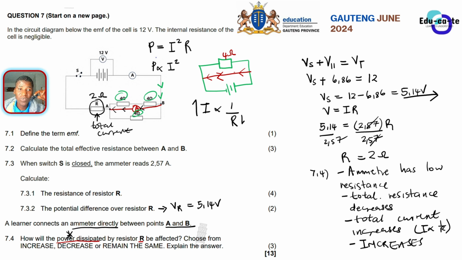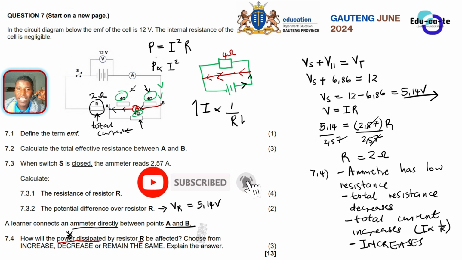So in your explanation, you have to mention first that we've got a low resistance emitter, which will decrease the total resistance of the circuit because now the current will no longer go to this 4 ohms and 4 ohms and 4 ohms, because the current always wants to take a shorter path. Like in this example, when current is flowing here, it will not be split here. Why won't it be split? Because this side doesn't have any resistance. So current will rather prefer to go to a place where there's absolutely no resistance. So this emitter will actually short circuit everything. It will short circuit these two resistors.